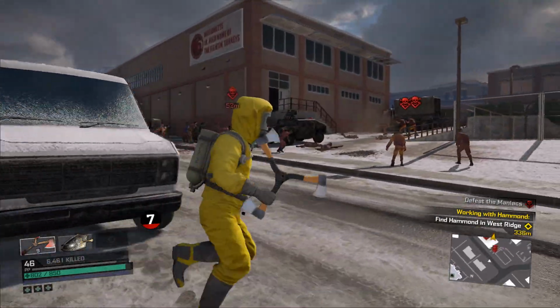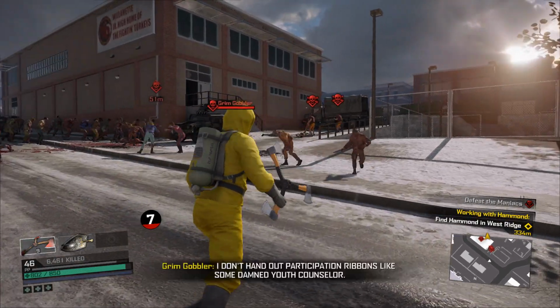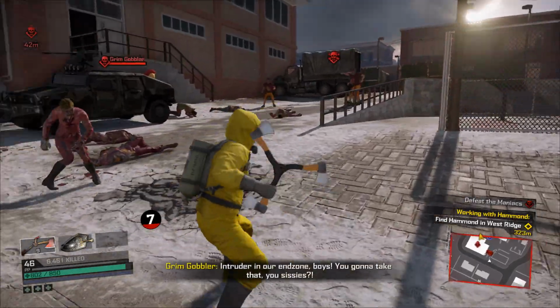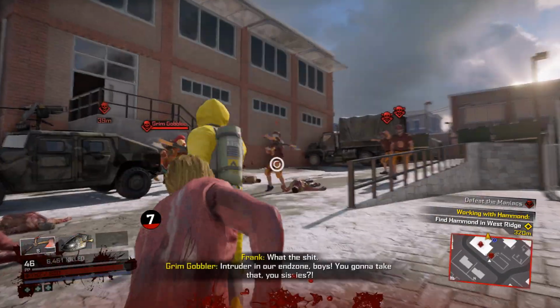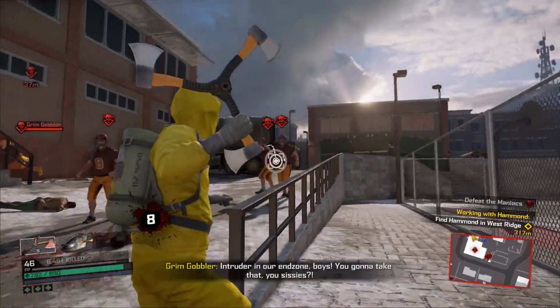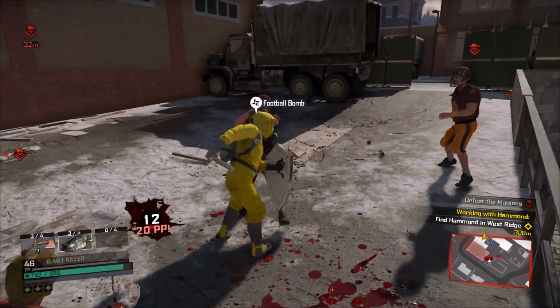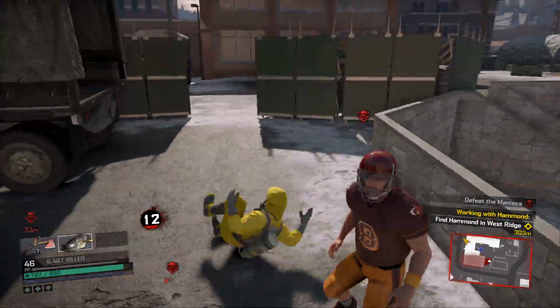We have a high school football team that has gone insane. And the Grim Gobbler is the main maniac we need to take out. He's the guy in the mascot uniform. End zone, boys! You're gonna take... I barely noticed him. Because there's no presence. The only thing you get is, like...